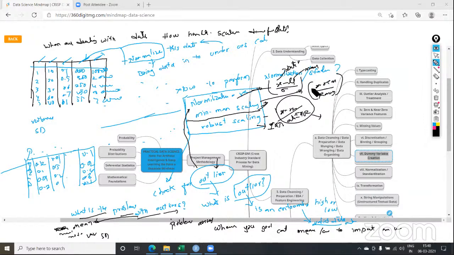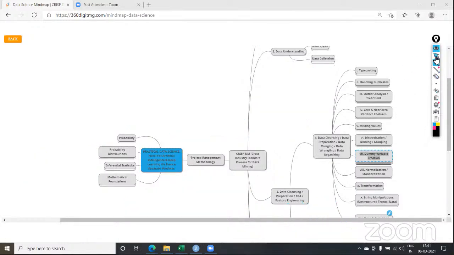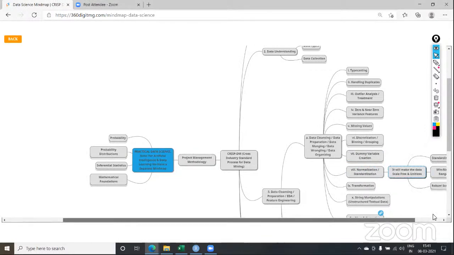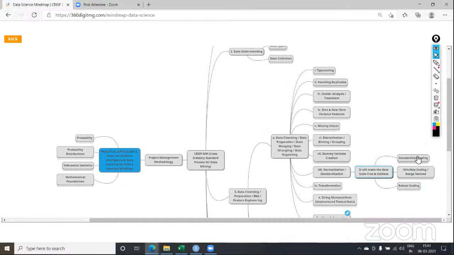So with this, we can scale the data. Standardization,